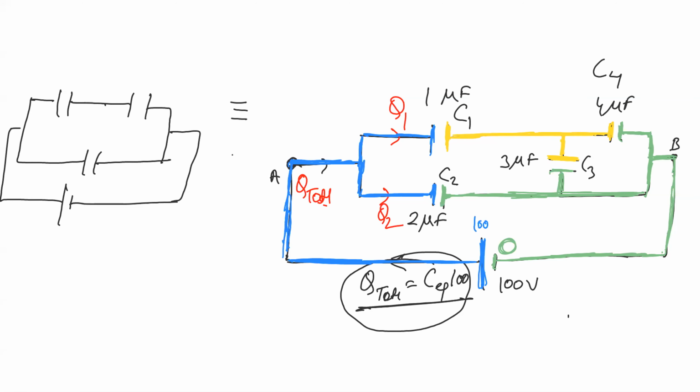So now coming back to this one, what can we say about C2? Tell me what we can say about C2. What is the potential difference across C2? Just see it clearly. Can we say this is 0 potential and this is coming as 100? So one is 0, other is 100. What is the meaning of that? It means the potential difference is 100 volt directly for C2.